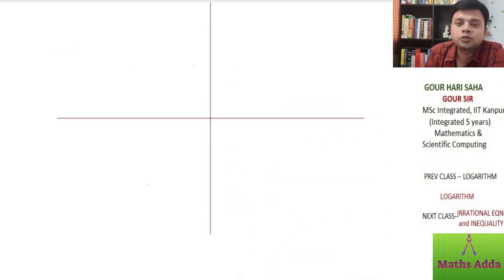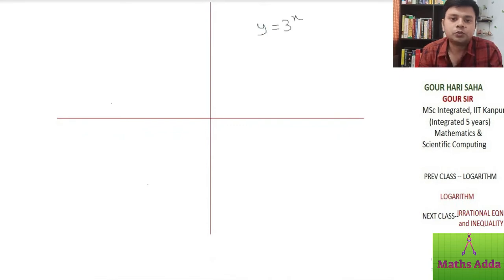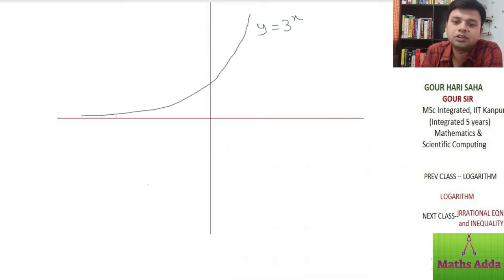So if you are asked to plot the graph for y equal to 3 to the power x, you don't need to make this table, you just need to plot what you learned. It will be like this one. This is y is equal to 3 to the power x. This is schematic plotting, right? That's what we learned today. If somebody asks you to plot the graph of log x base 3, it will be like this one.